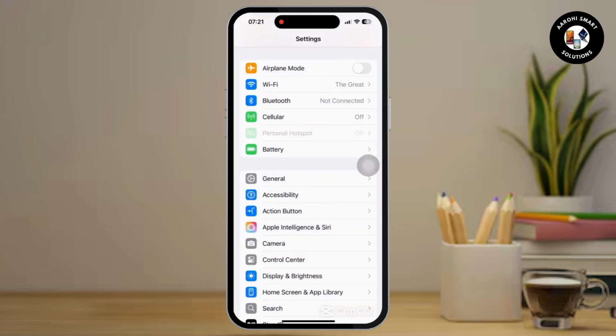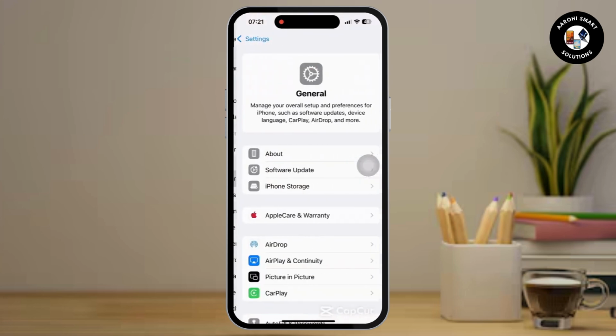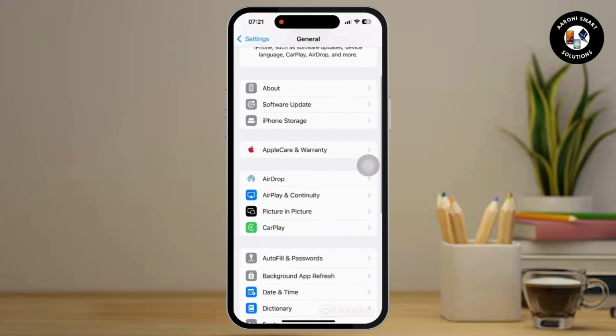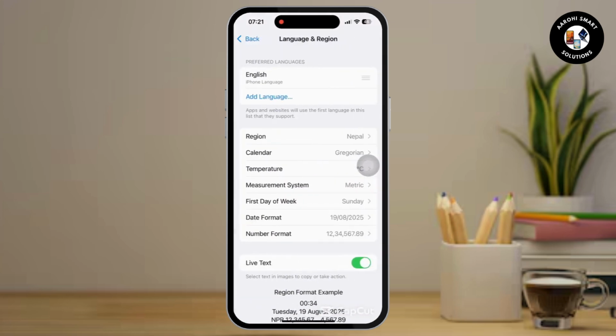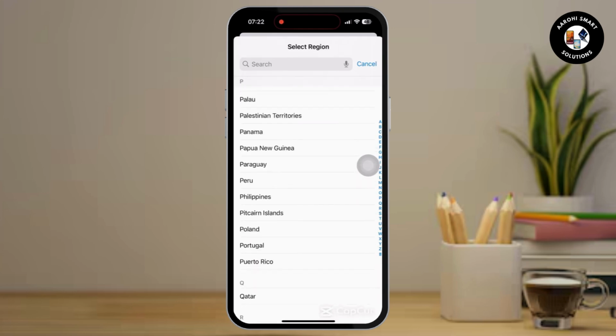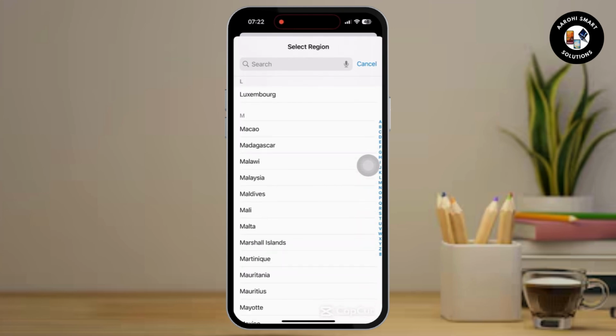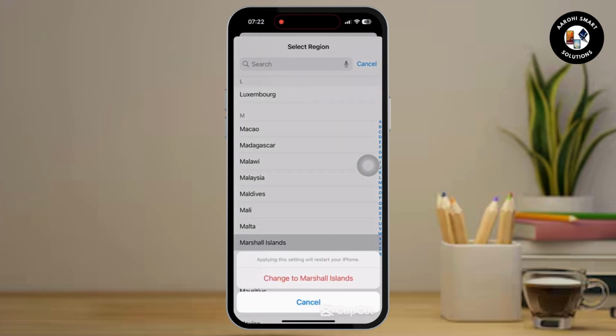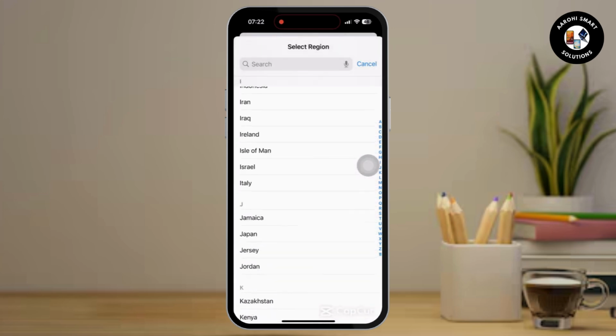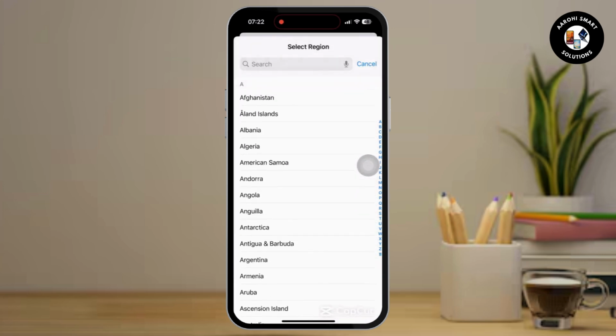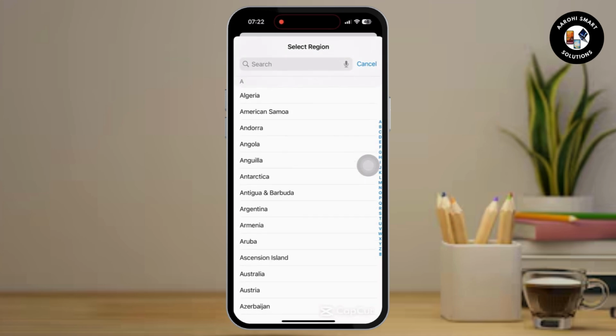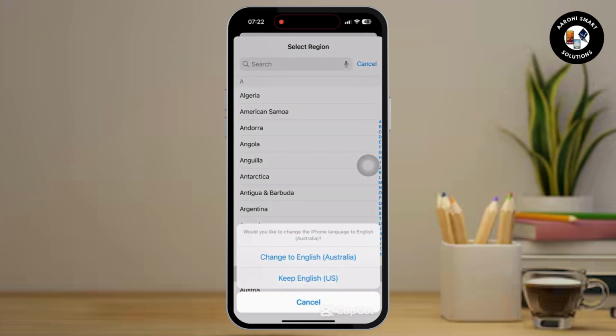Then go back and scroll down, and there all you have to do is tap on the General option available again. Now, once inside General, tap on Language and Region, then tap on the Region option available there. Then scroll down and make sure that you set it to English US or any other region where Apple Intelligence is available. You can simply set it up. And once you set that up, go back to the settings again